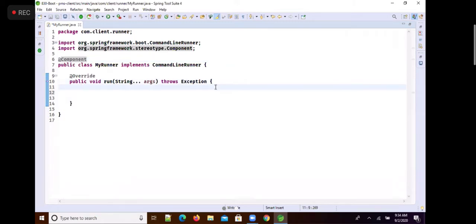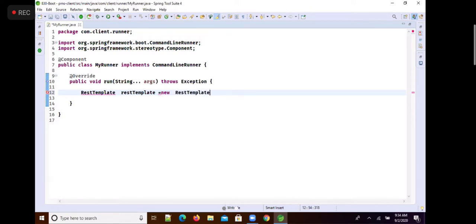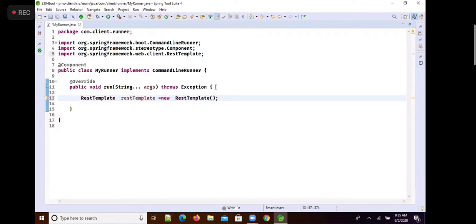Now first I want to create what? REST template object.